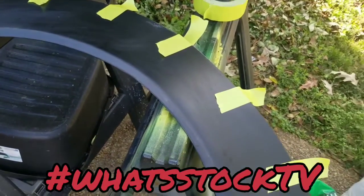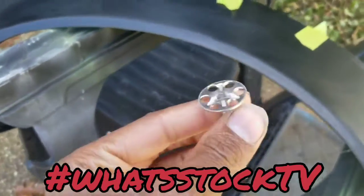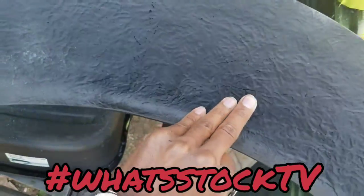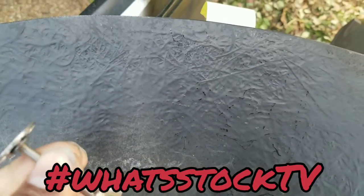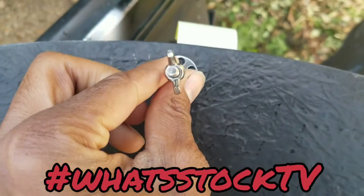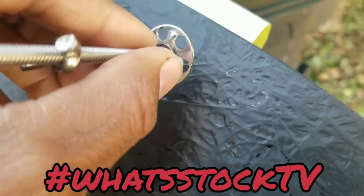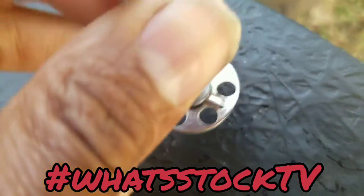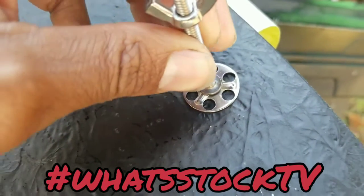So, reach in my pocket and find this bolt. These are the bolts that I found. Basically, how this works, let me spin this around. With this, I could either lay some more fiberglass on here or put some of that black RTV that I use for headlights and all of that. Lay a bunch of that, press this onto it, and what you end up with is whatever sealant or glue or JB Weld, whatever you want to use, it's going to be in between this piece and the fiberglass, so it'll smush into that. And then when you do that, you'll have sealant come through these little circle holes, and basically